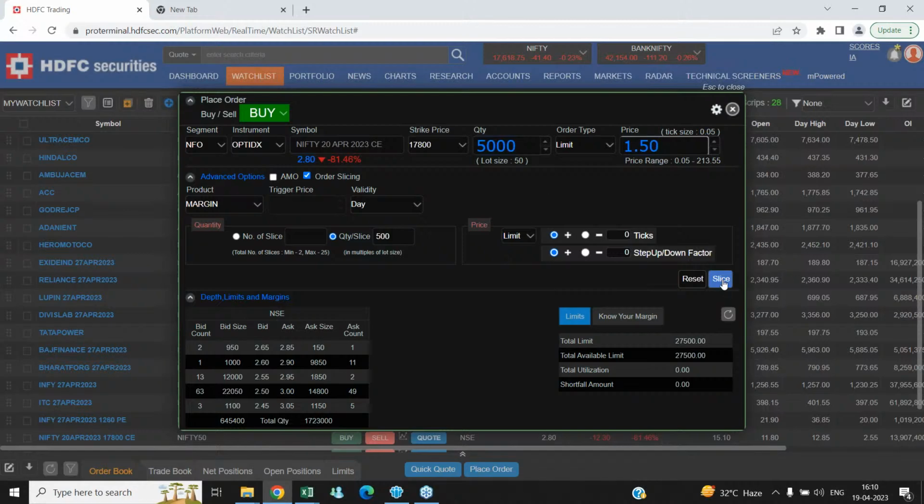So now once you have put 1 rupee 50 paisa, make sure you select limit before you execute this order, because then only it will catch 1 rupee 50 paisa. If it is not selected as limit, and if it's selected as last traded price, then whatever the last traded price is, which is the 2 rupees 80 paisa, that will be taken as the price reference. But you want to buy it at 1 rupee 50 paisa, so select limit, and now click on